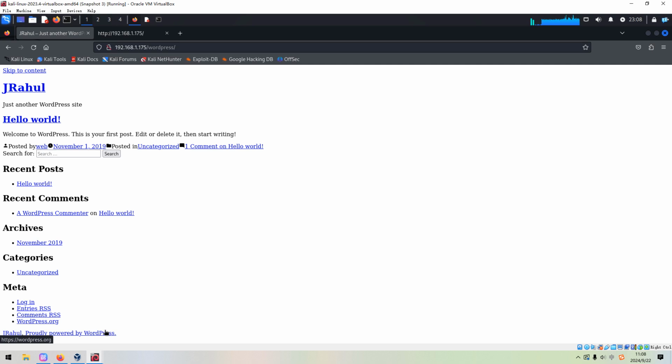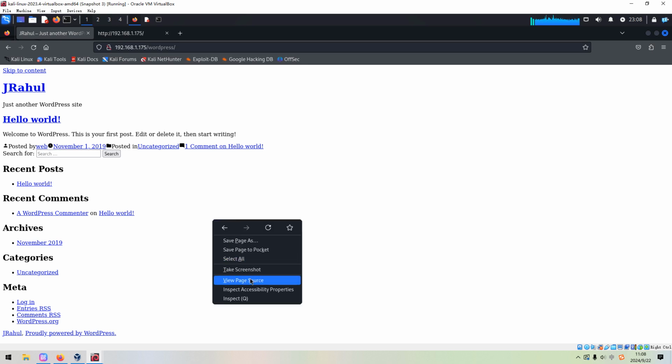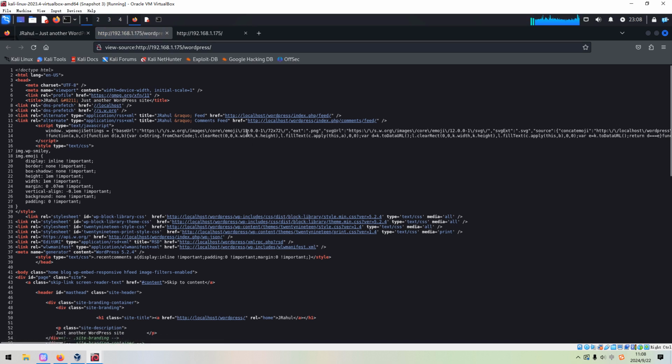And of course, this is the WordPress CMS. But apparently this site is not loaded or rendered completely, so let's view the page source. Very weird, the host name is localhost. I'm not sure whether you can solve this issue.